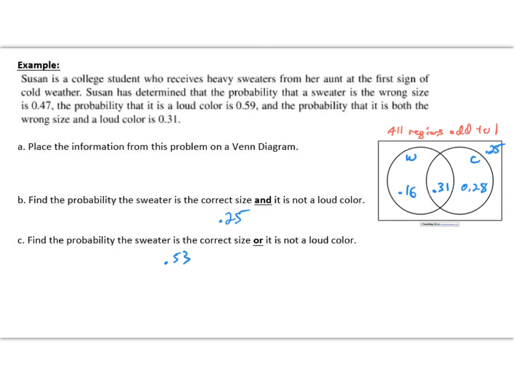Now, not a loud color, on the other hand, is going to be outside circle C. So 0.16 and 0.25, that is 0.41. But you might notice that when I did that, I double counted the 0.25. So I better subtract